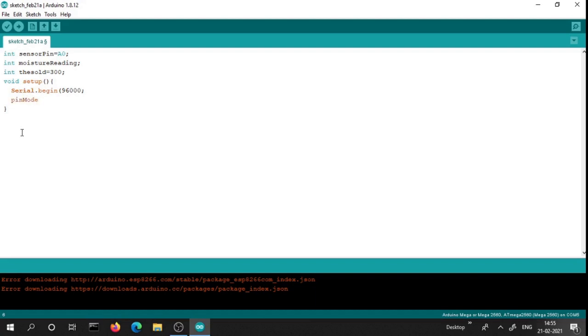Now you can find an error in the program. Then we set the 10th pin as output. Now we are going to give the void loop.